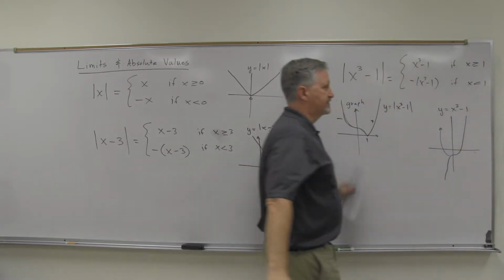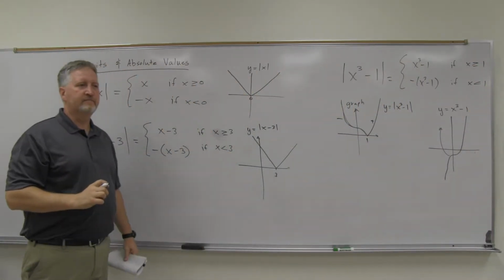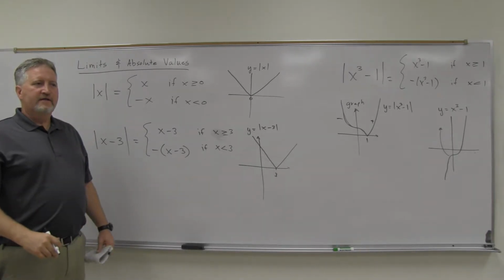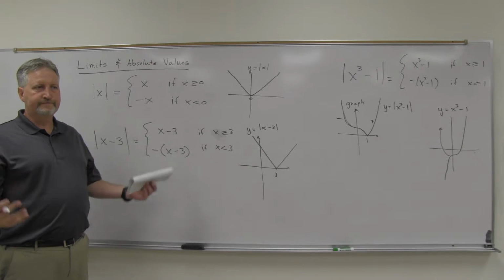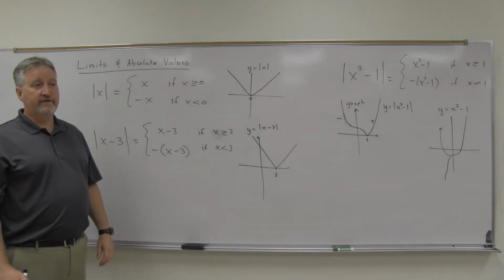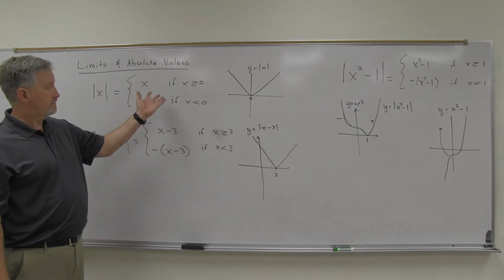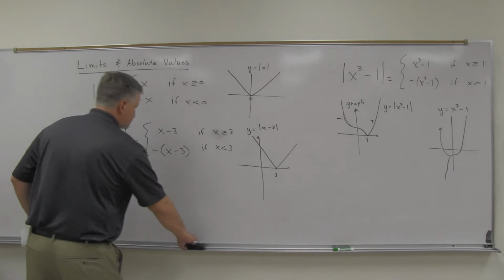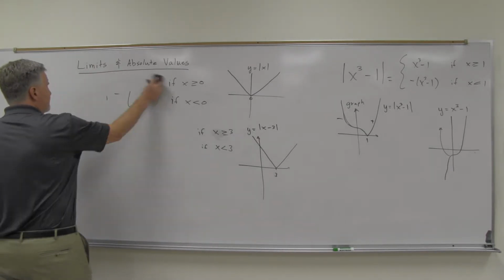And the equal to part doesn't matter. We'll do another one, I'll show you. But that's what we're going to do when we have limits: we're going to get rid of the absolute value bars by either doing x or minus x. All right? With that in mind,